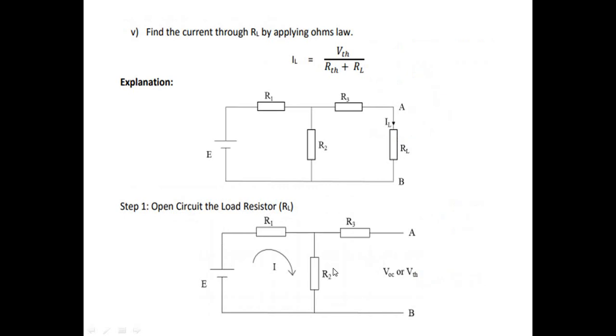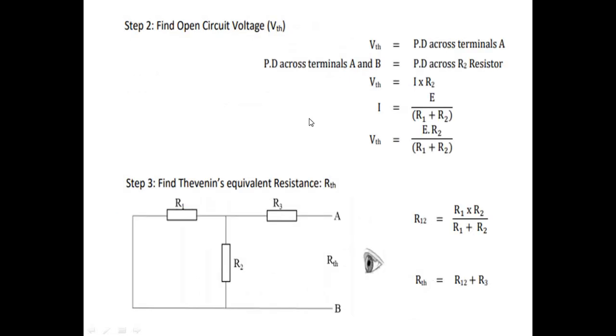In this diagram, for the open circuit voltage, we calculate the total current I, which is equal to V divided by R1 plus R2. Resistances R1 and R2 are connected in series, and in R3 there is no current flow because the terminals A and B are open circuited. Here we have to calculate the source current I equal to E divided by R1 plus R2. Here V Thevenin is equal to E into R2 divided by R1 plus R2.